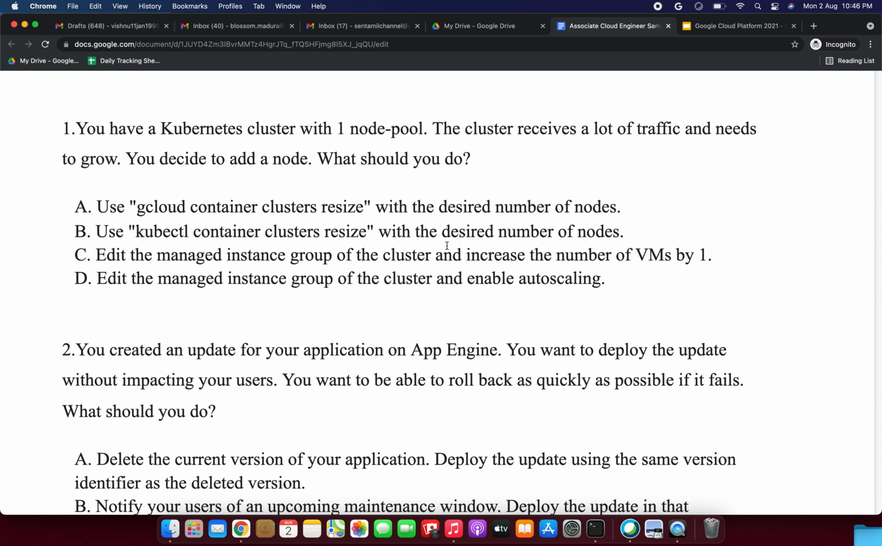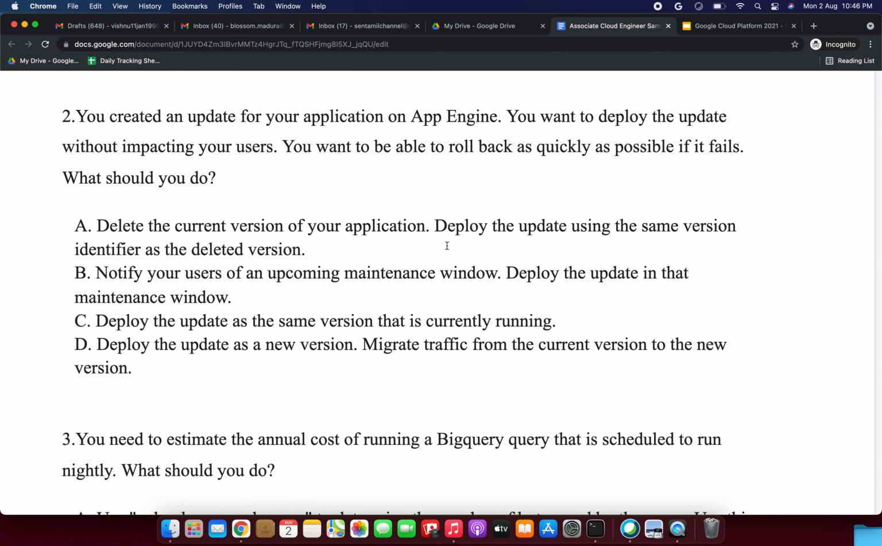Okay, next we will go to the second question. You created an update for your application in App Engine. You want to deploy the update without impacting your users. You want to be able to roll back as quickly as possible if it fails. What should you do? Option A, delete the current version of your application, deploy the update using the same version